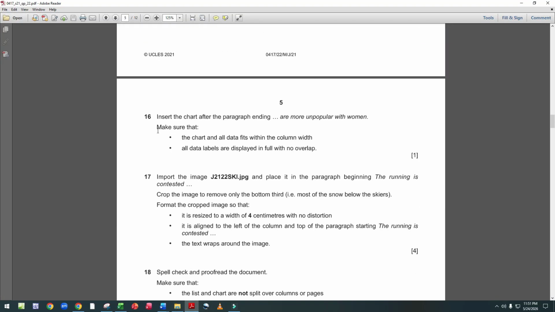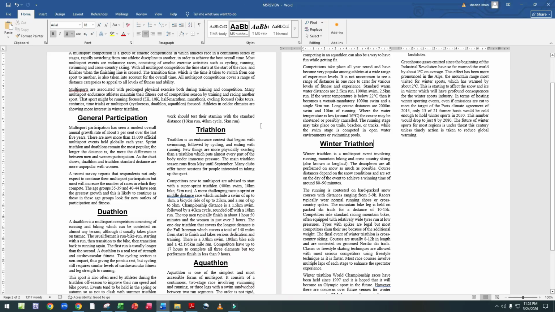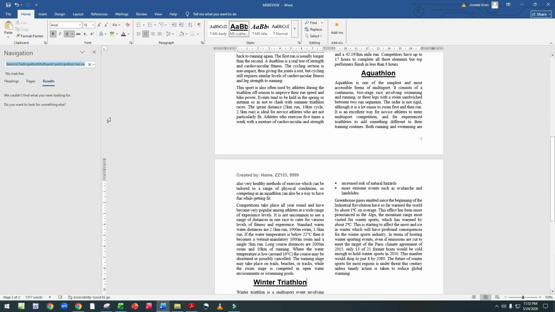Now come to step 16. Insert the chart after the paragraph ending "are more unpopular with women." Now we find the paragraph in the file MS Review. Control F, enter here.